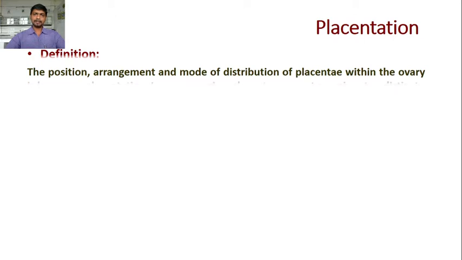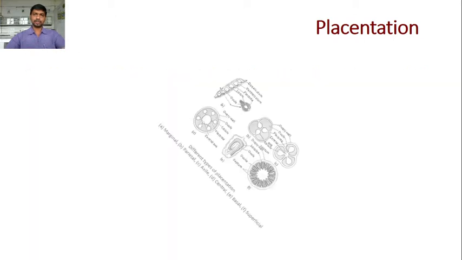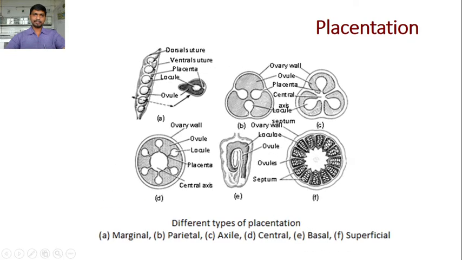Okay. Now there are different types of placentation that I am going to show you in a single diagram. Here this first one is the marginal placentation. Here the ovules have been formed on the ventral suture. This ventral suture is formed by the fusion of margins, on which the placenta has developed. So such type of placentation is a marginal placentation. Next to this is the parietal placentation, then axial placentation, precentral placentation, basal placentation and superficial placentation. So these are the types of placentation. One by one we are going to study in detail the different types of placentation.